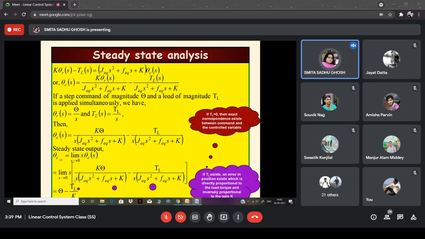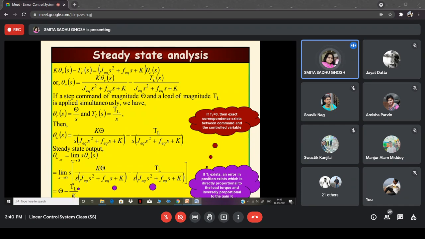Now, TL is the amplitude or magnitude of the input signal. Input signal means the disturbance signal, I mean. So that you cannot do anything about. So the only way that you can reduce the error in the steady state is that you can try to reduce this term. And for reducing this term, you cannot do anything to TL. So what can you do? The only thing that you can do is you can try to increase your gain K as much as permissible,